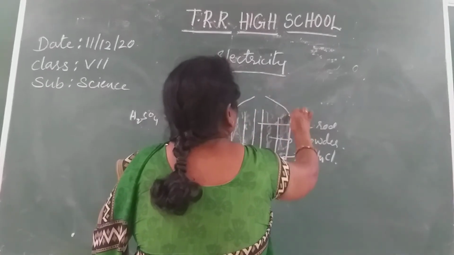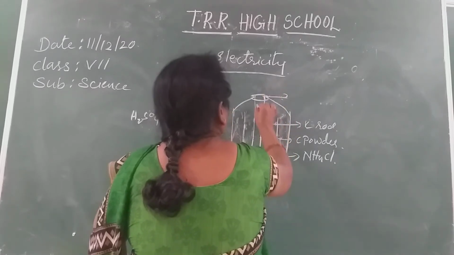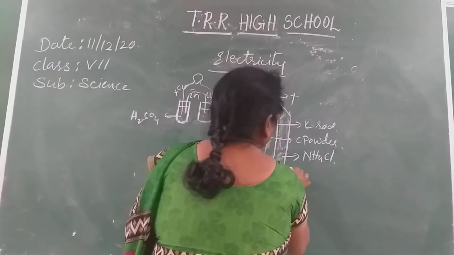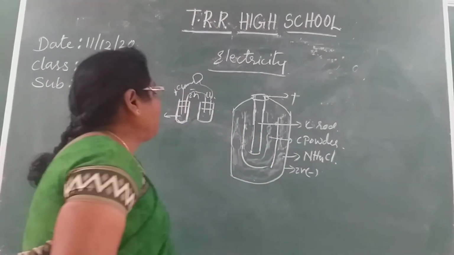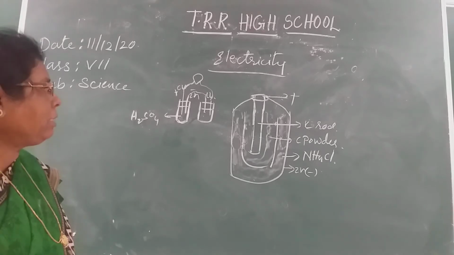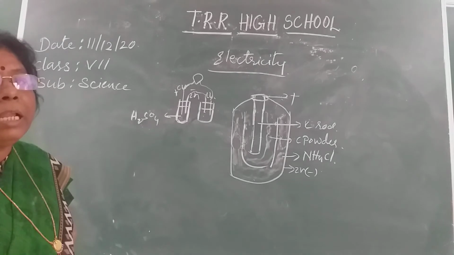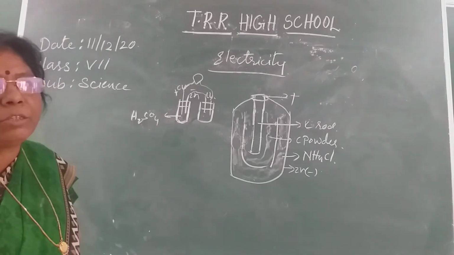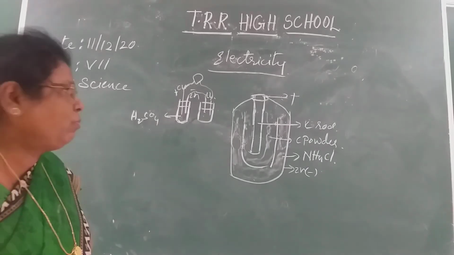it is sealed with the metallic cap. Here this is the metallic cap, and the carbon rod acts as a positive terminal. Zinc sheet acts as a negative terminal. Here the chemicals are used in a dry state, so the name given is dry cell. Here chemical energy is converted into electrical energy in the dry cell, isn't it? We use these dry cells in remote controls, clocks, wristwatches, also radios and transistors.